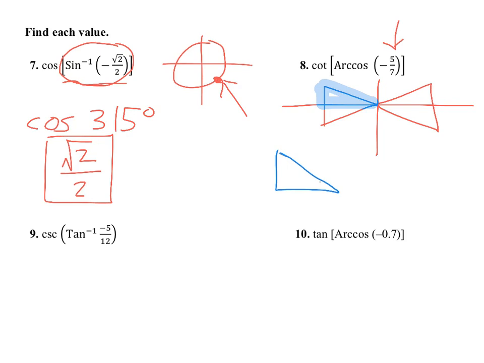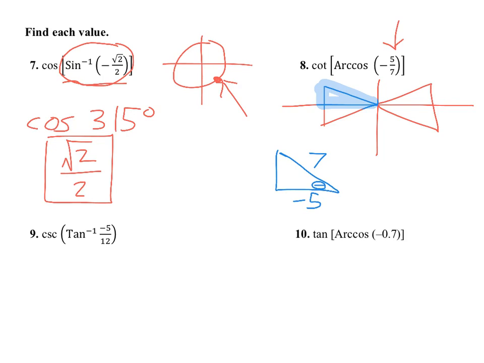I'm going to put theta near the origin, like we did earlier in the chapter. And I know that cosine, or arc cosine, is negative 5/7. Cosine being adjacent over hypotenuse, I'm going to put a negative 5 on the adjacent side, a 7 on the hypotenuse. And now doing the Pythagorean Theorem,